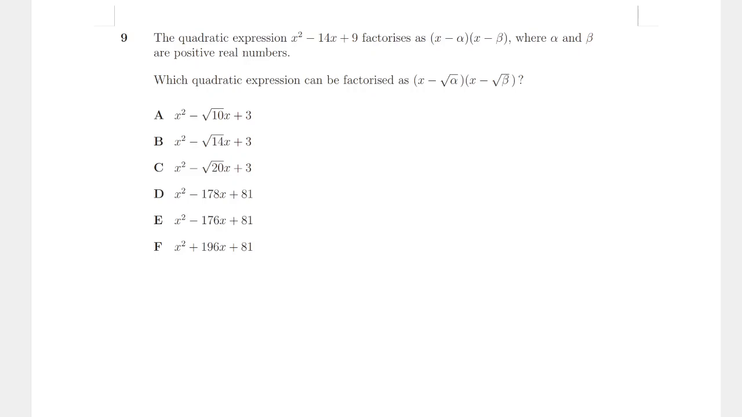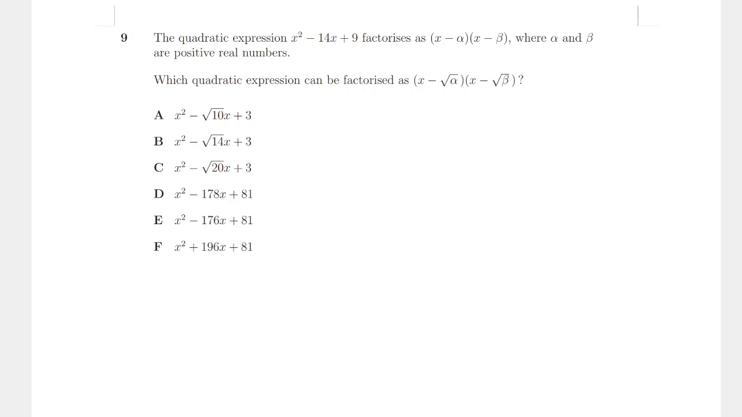Okay, question 9. The quadratic expression x squared minus 14x plus 9 factorizes as (x minus alpha)(x minus beta), where alpha and beta are positive real numbers. Which quadratic expression can be factorized as (x minus root alpha)(x minus root beta)? Okay, so if you have done further maths and you know sum of roots, product of roots, then maybe the